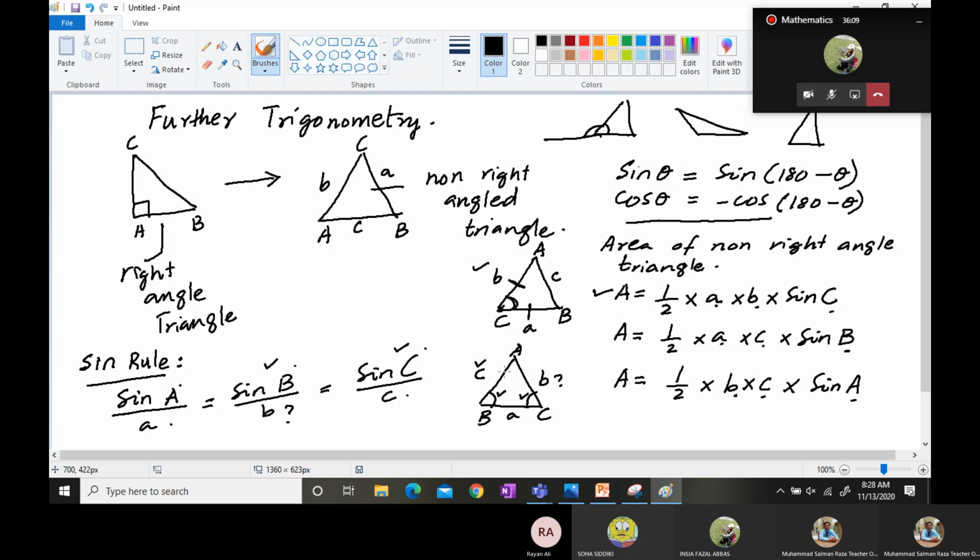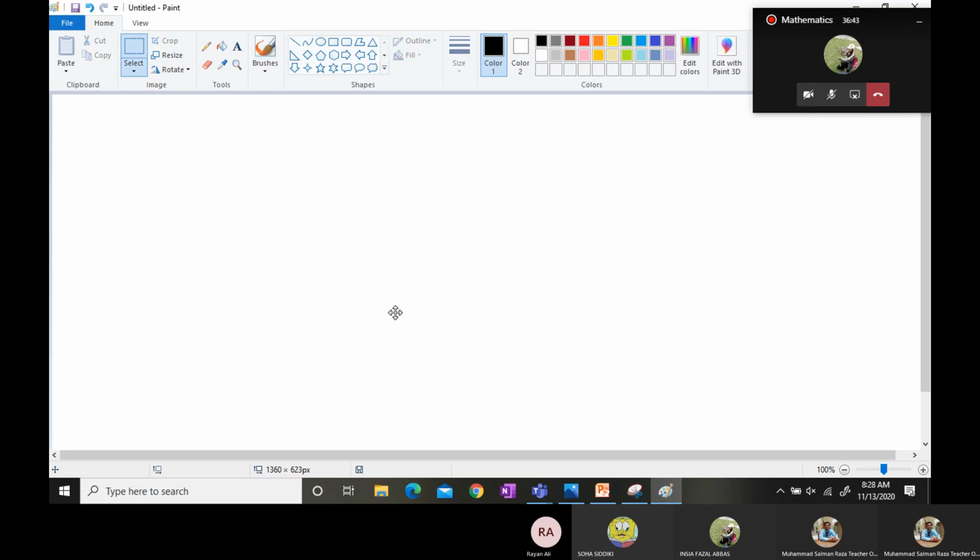if we have this angle A as well, and we need to find out this side A, then again we can apply sine A upon A, and we can compare it to any one. If we have got this side B as well, then we can compare it to sine B upon B. Or if we do not have sine B or side B, then we can compare it to sine C upon C. It means sine A upon A will be equal to sine C upon C. So this is how the formula works.